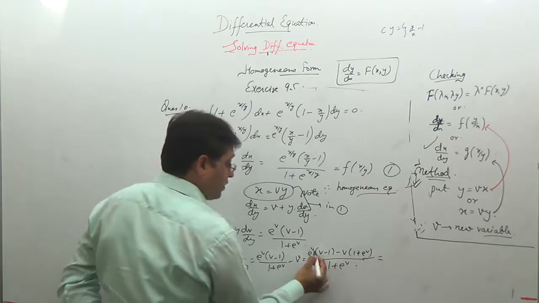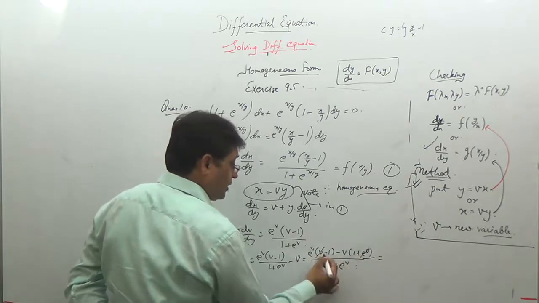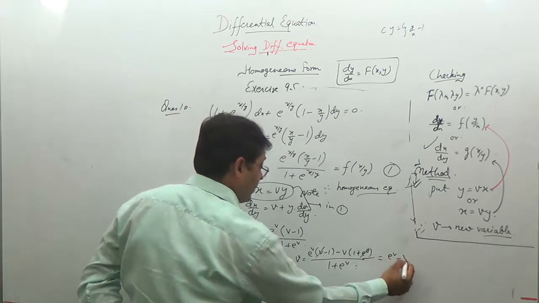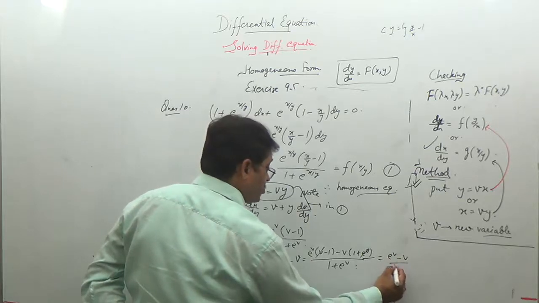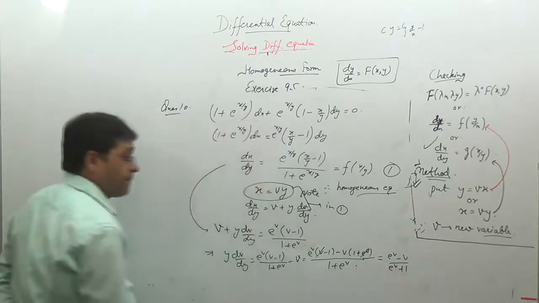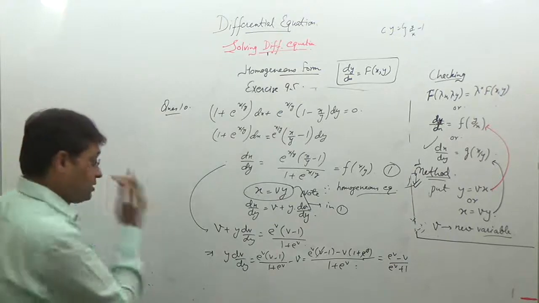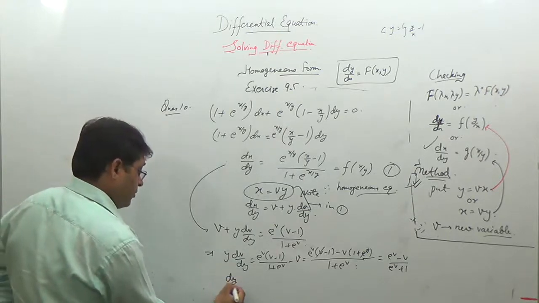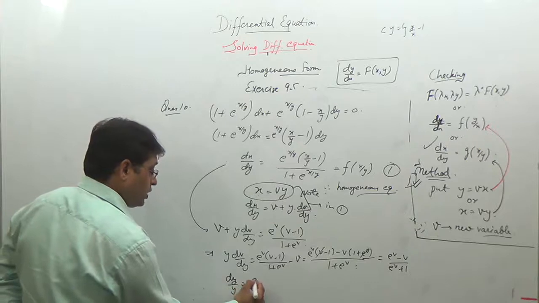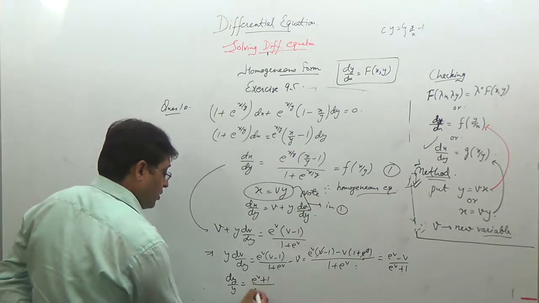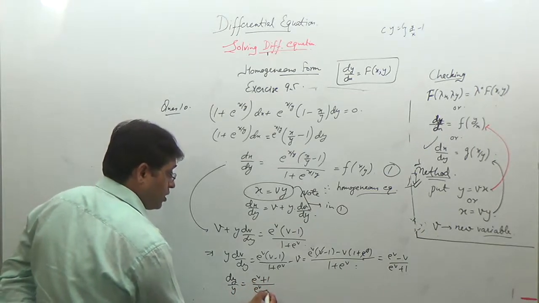Then e raised to power v, this will be cancelled. You will be left with e raised to power v minus v upon e raised to power v plus 1. Right? Now separate the variables. You will get dy upon y is equal to e raised to power v plus 1 upon e raised to power v